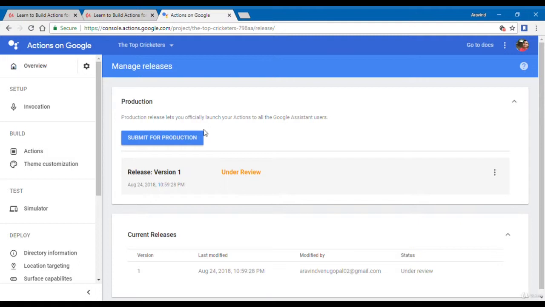Within 4 days you will get a confirmation email that your app has been approved, if there is no problem with it. And within an hour your app will be available for you, as well as for more than 500 million and growing customer base over the world. And during that time you can use your action by simply opening your Google Assistant on your phone and saying